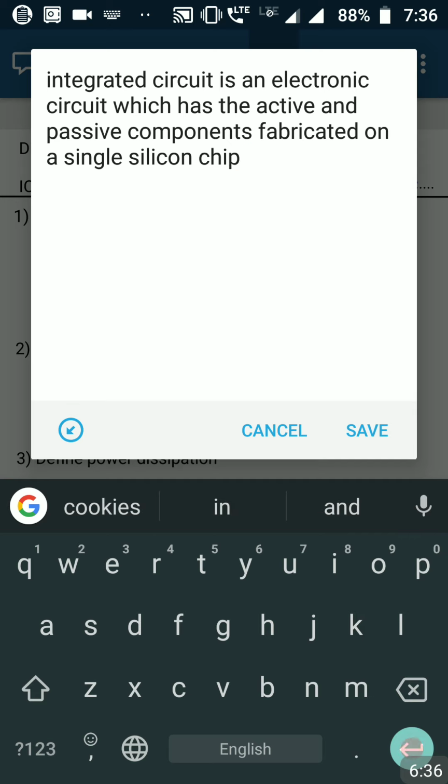And that is what it is called as integrated circuit. Integrated circuit is an electronic circuit which has the active and passive components fabricated on a single silicon chip. So this is the definition that you have written.